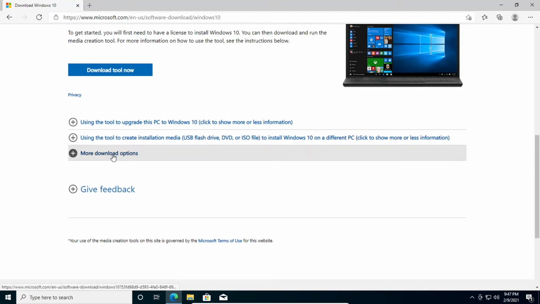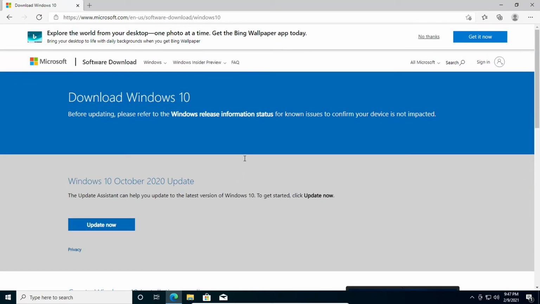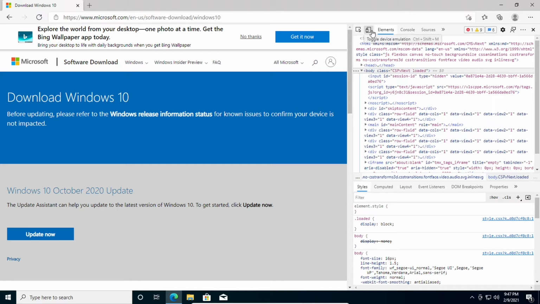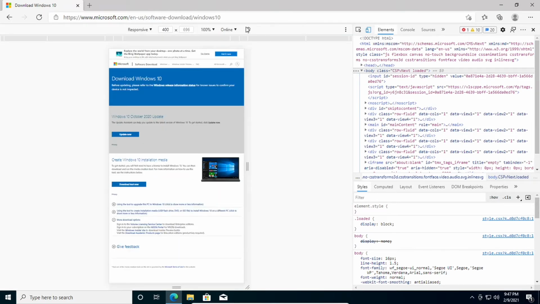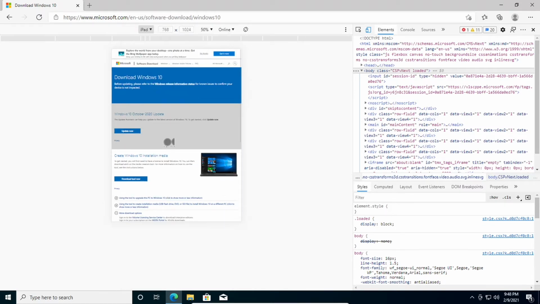So even if you were to go to more download options, none of these really enable you to download the ISO directly. So in order to do it, you have to trick the browser into thinking you're not actually a desktop. You're going to hit F12, and then right here where it says toggle device emulation, which is Control-Shift-M, it doesn't really matter as long as it's not a computer, we'll do an iPad,